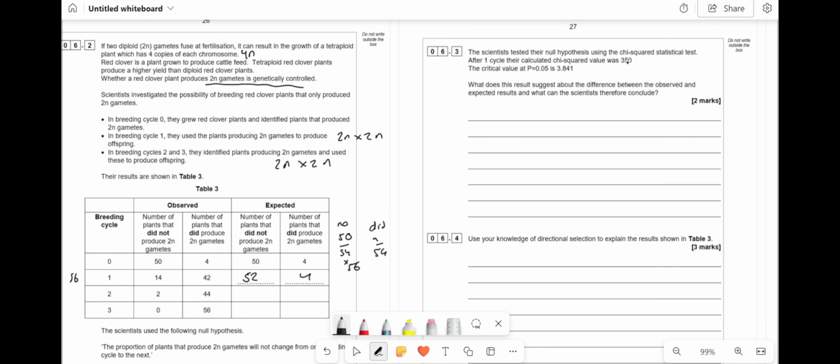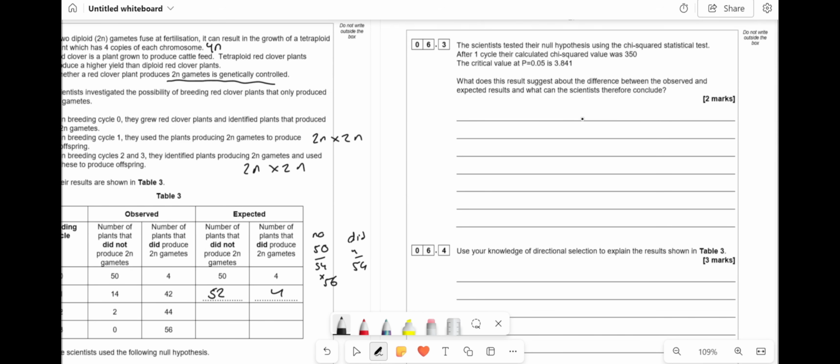So then they said the scientists tested the null hypothesis using the chi-squared statistical test, and after one cycle, they calculated the chi-squared value of this. The critical value at p is this. What does this suggest about the difference between the observed and expected results, and what can they conclude? So one thing that people always get completely wrong are these questions to do with statistical tests, and everyone just says, oh, the results are not due to chance. You can't just throw words in and try to make model answers. It literally never works. Rule number 1 is,